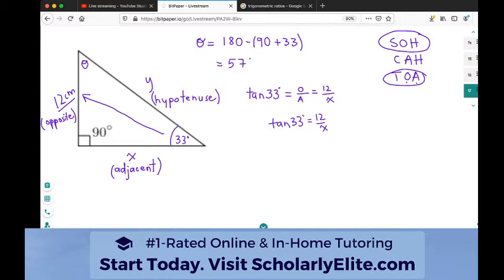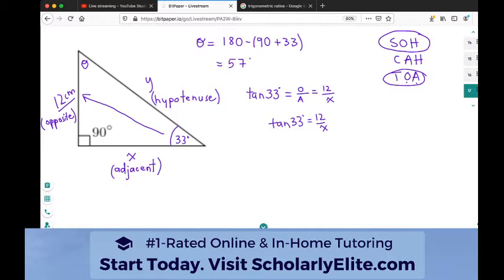If I'm just going to go ahead and solve, all I need to solve for is x. A couple of people that I've tutored have liked to plug in tan of 33 first, and I actually don't suggest that. I suggest leaving tan of 33 as it is until the very end, because it's better than having to write down decimals every step of the way. One thing I do want to show you guys though is that you could literally plug tan of 33 into your calculator and you should get